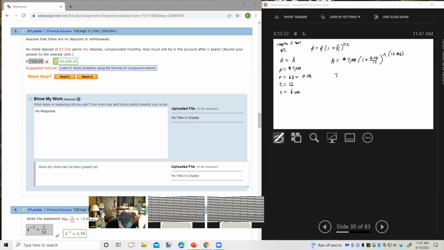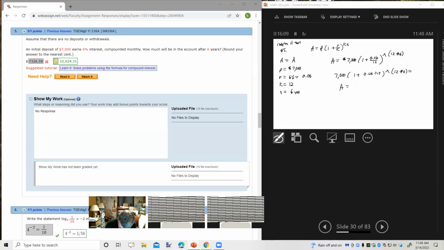So I'm going to get 7,000, parentheses, 1 plus 0.06 divided by 12, close parentheses, a little power button, parentheses, 12 times 6, close parentheses, equals,